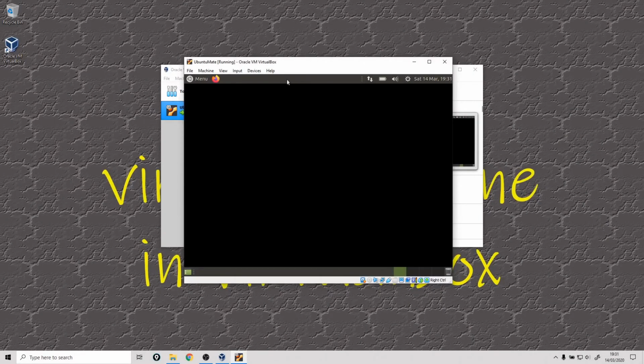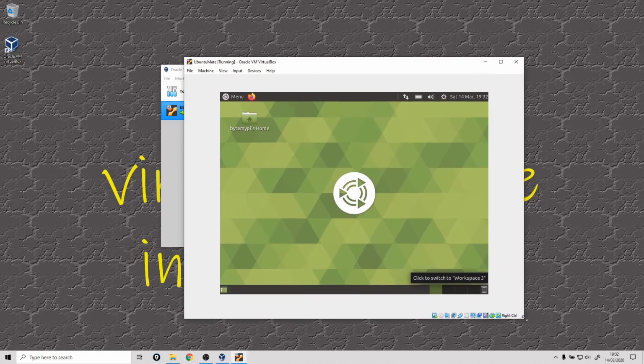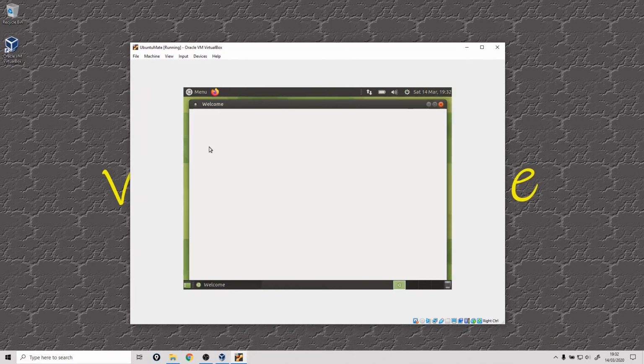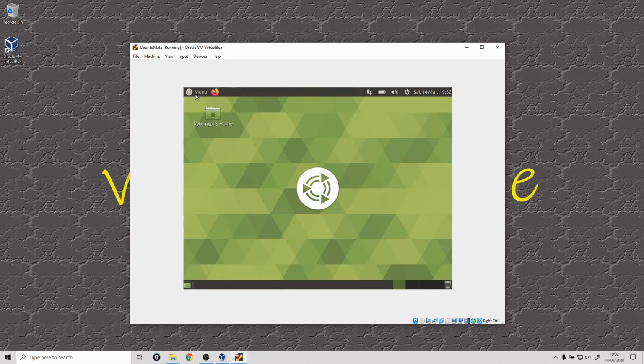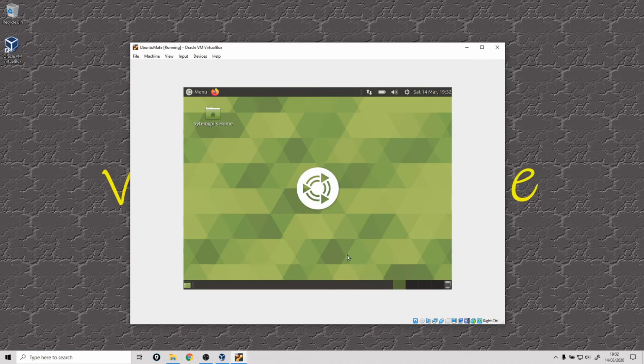The first thing you might notice is that the screen is quite small, so we can drag the VirtualBox window and make that bigger, but you'll see that the virtual machine is actually still running in the same small window. So let's just close this welcome screen out of the way. We could go into the operating system settings in the control center, into the display settings, and make the resolution higher so it enlarges the screen. That's one way of doing it, but I suggest a better and easier way